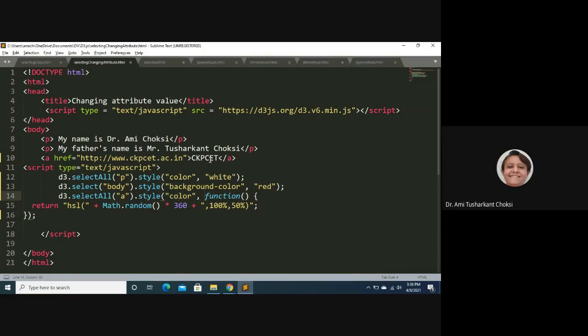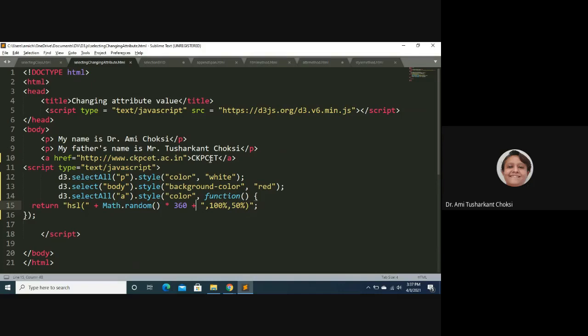Till now we were giving the color that was, we can say, white or pink or red or yellow. We were giving that. Now instead of that, what I am giving here is function. Now this function, what it does, it returns the value and that value will be set over here.